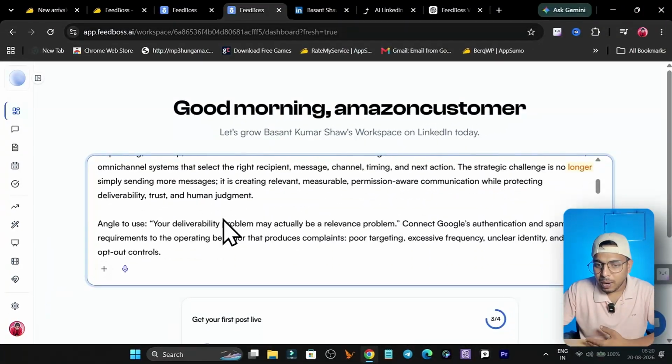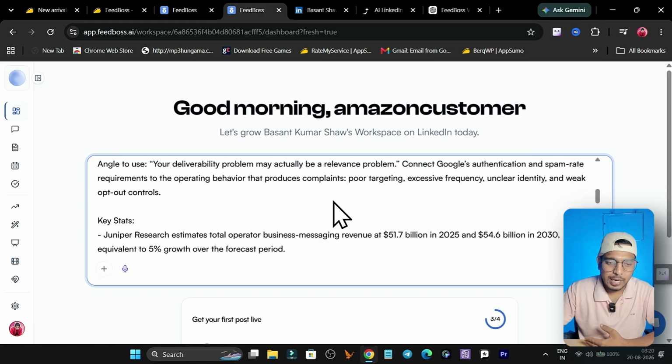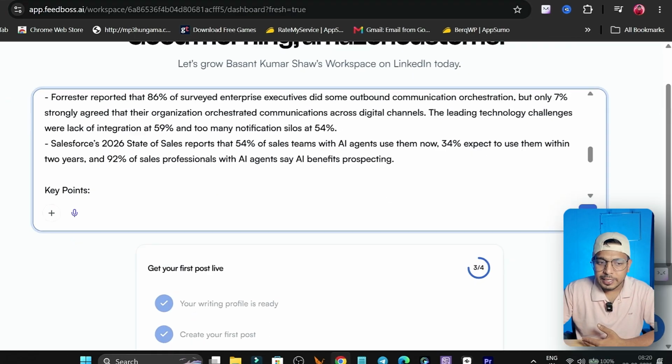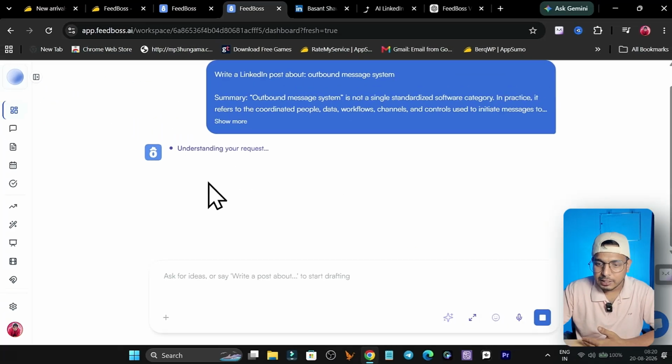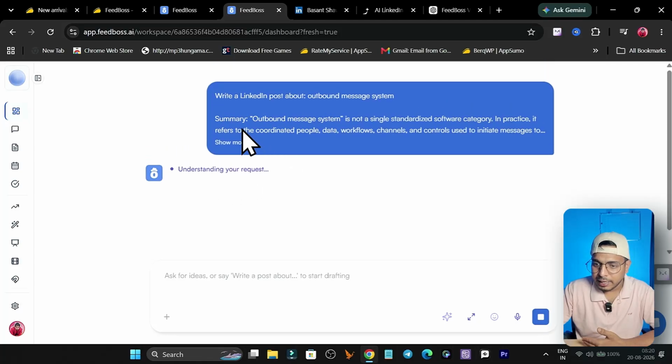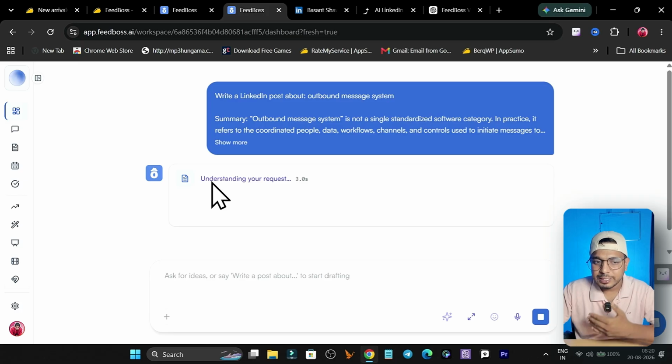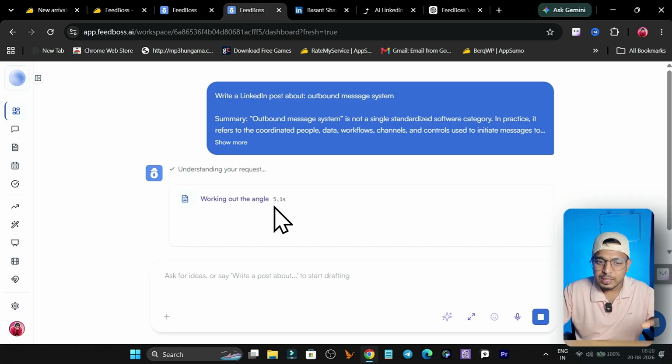Now I can simply click any of the post ideas, and it has given me a prompt here. I just have to click enter, and now its AI is going to give me a post draft on this idea.